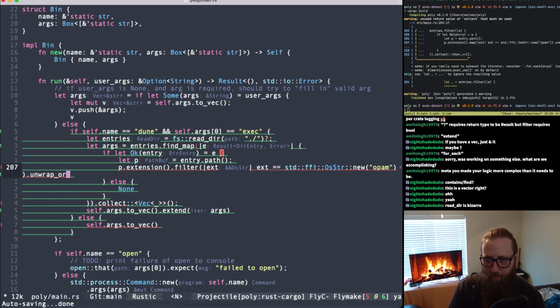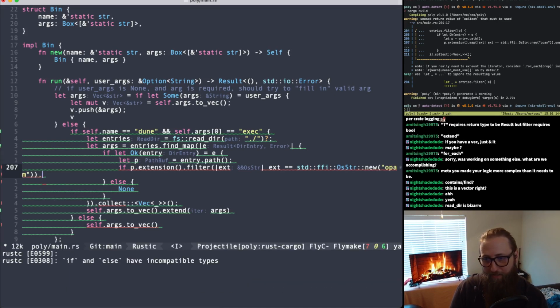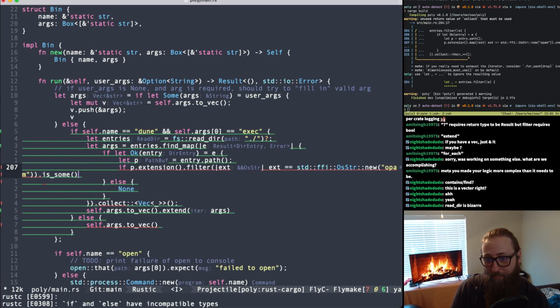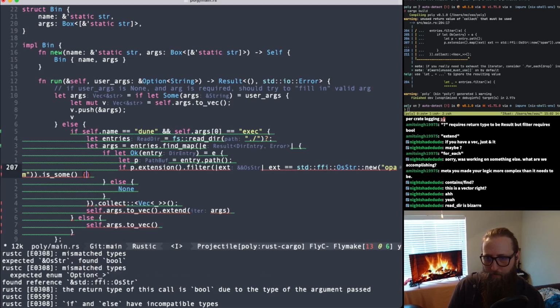It's fine that this is still an option of the extension, right? And then I'm going to say if p.extension.filter, blah, blah, blah is some instead of is none, then